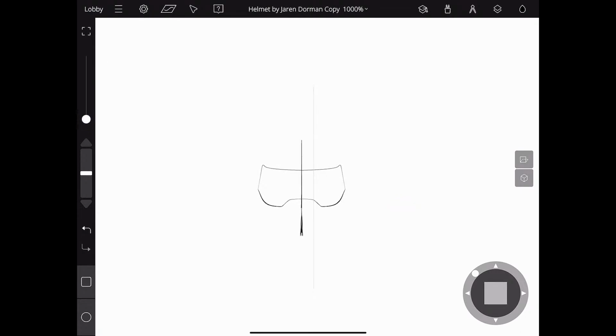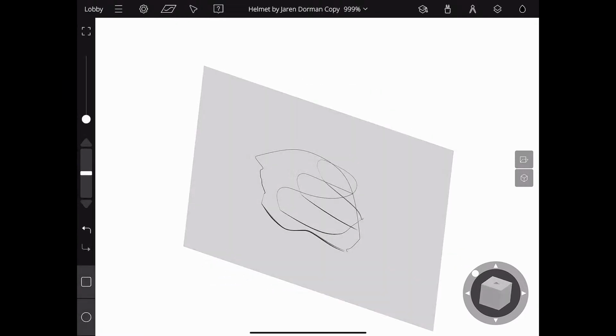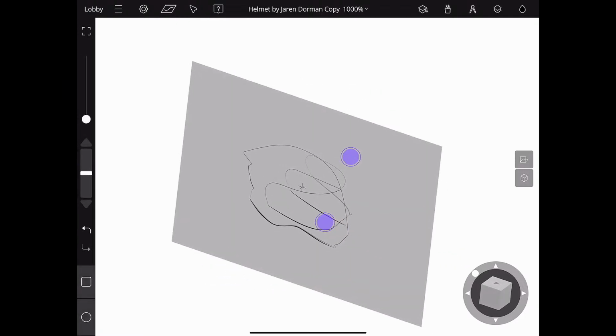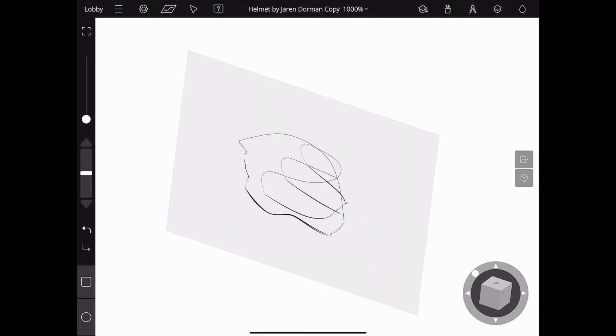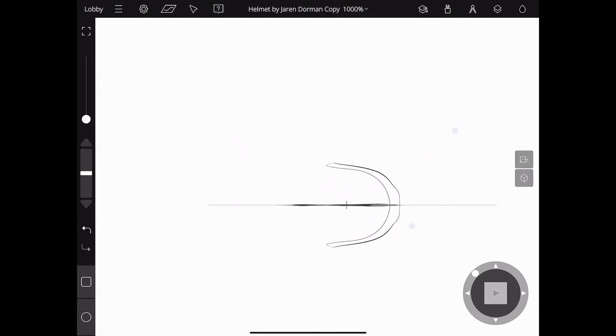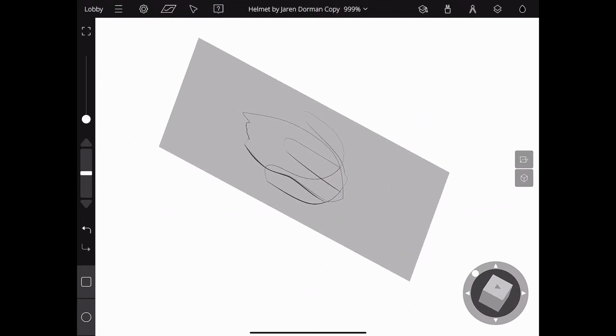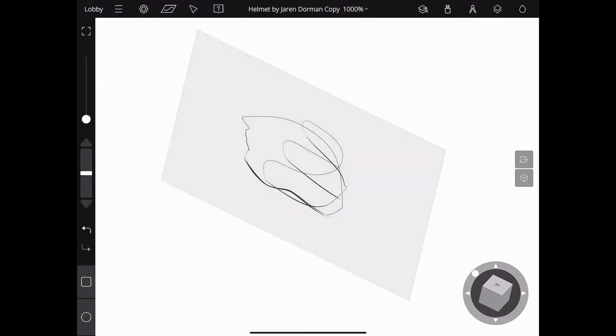And then we're just going to, using the slider, move it a little bit to the center. Anyway, you can see by the visor here that it was pulled out. So why don't we go ahead and demo that really quickly. If we go into edit mode, how we do that is we click the arrow at the top, then we select the stroke that we want to edit, and then we click the dotted icon at the bottom of the screen. This will show us the points that we can manipulate,